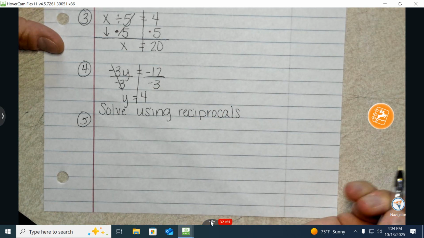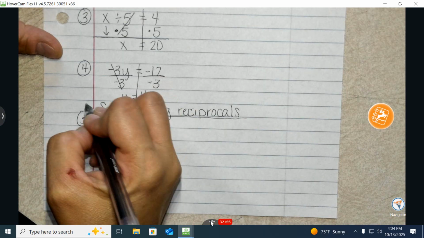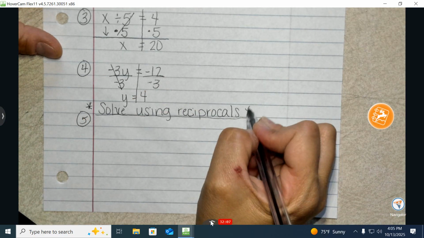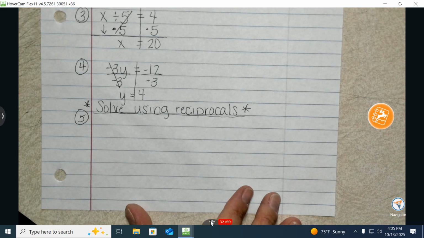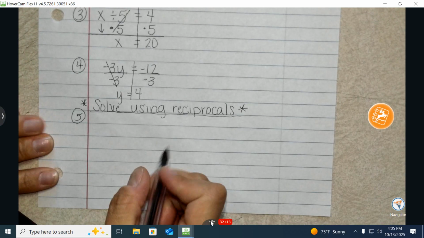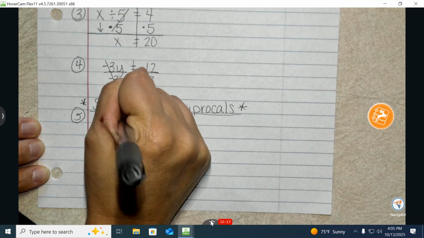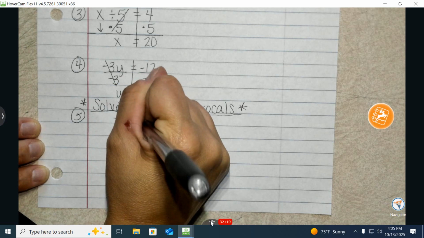R-E-C-I-P-R-O-C-A-L-S, reciprocals. Solve using reciprocals. Go ahead and underline it and star it so that when you need to come back to it to use your notes to study, you'll see it. Okay, number 5. It says negative 4/5 x